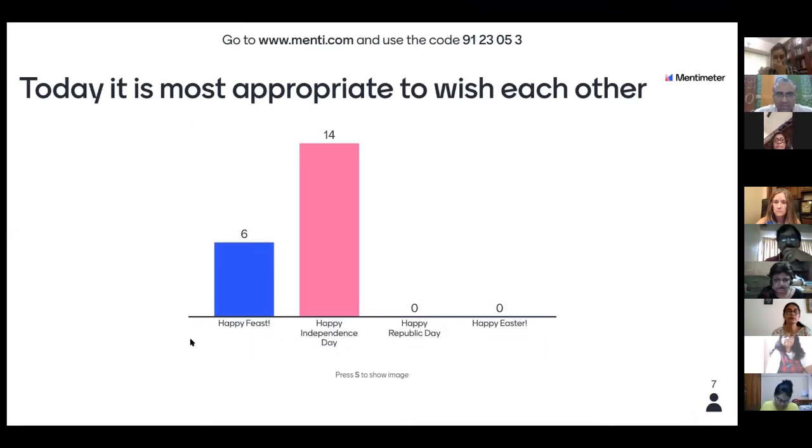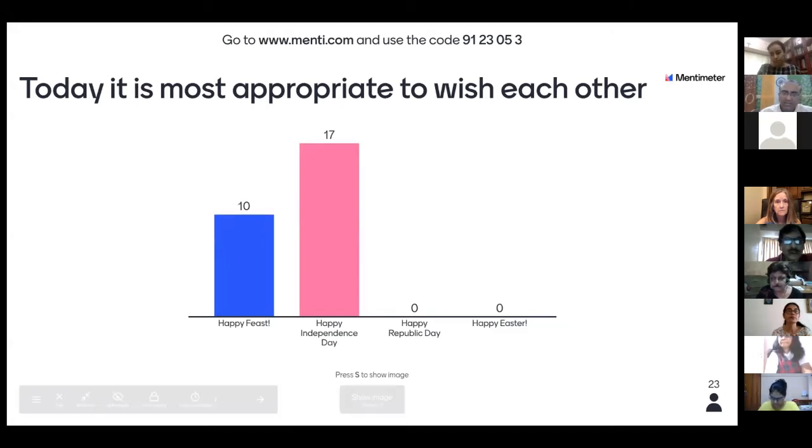If you don't have your phone free and you are on Zoom on your phone itself, go to the chat box and click on the link. When you click on the link, answer the question. After you answer, come back to your Zoom application, where you'll be able to see my screen. Can people see what's on my screen right now?